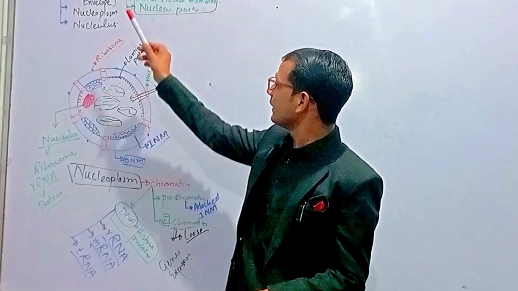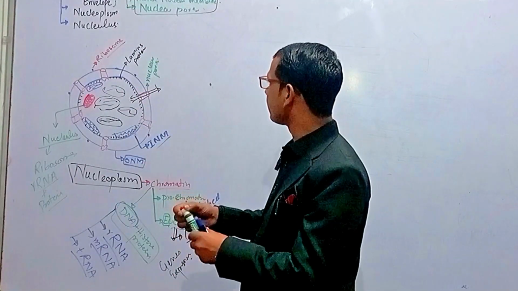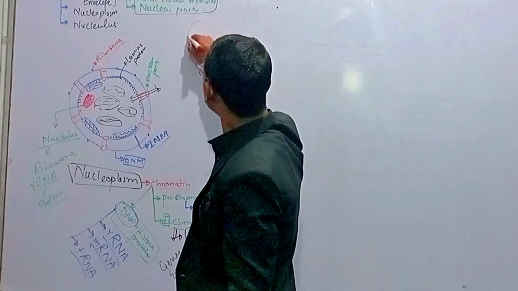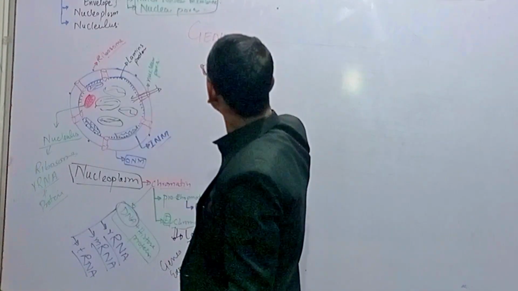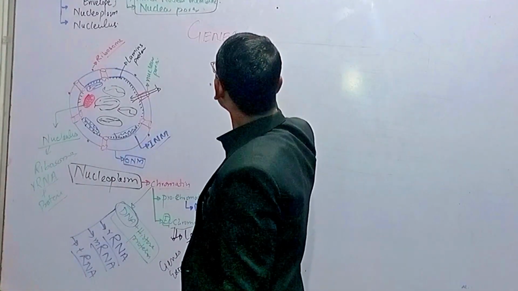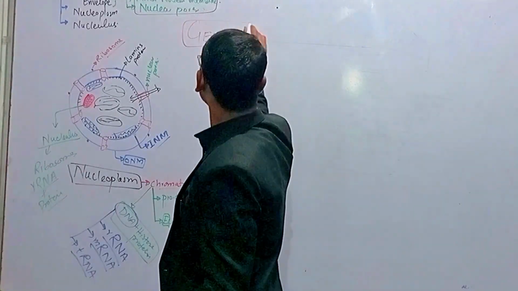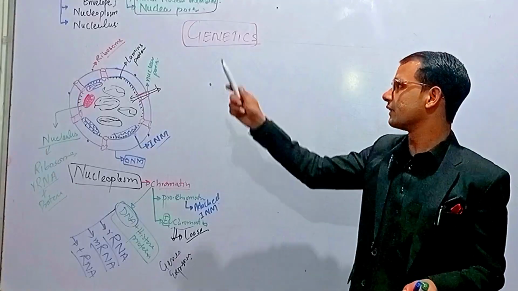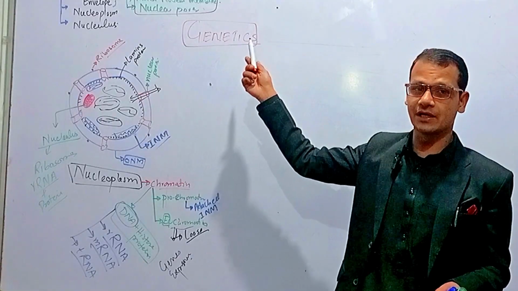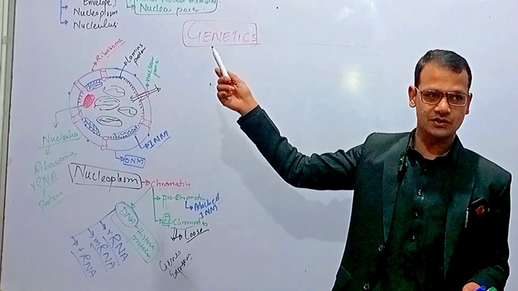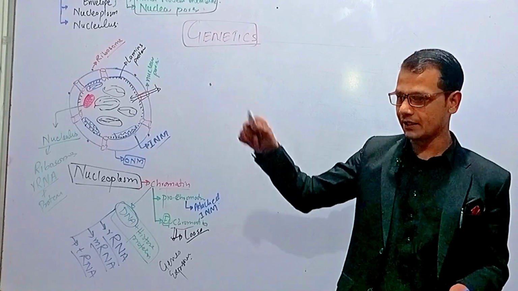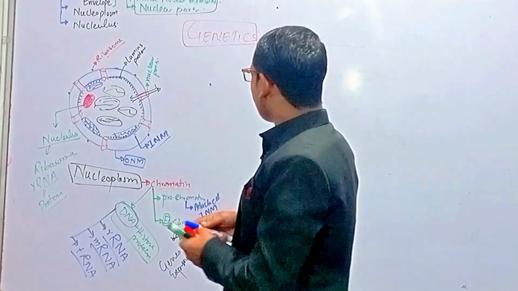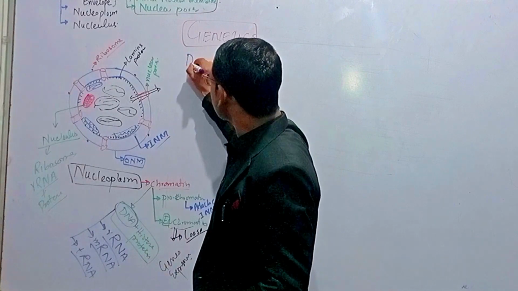Because we study this DNA in which field? Genetics. The field for the study of DNA, the study of genes, is genetics, right? So we can say that DNA stores